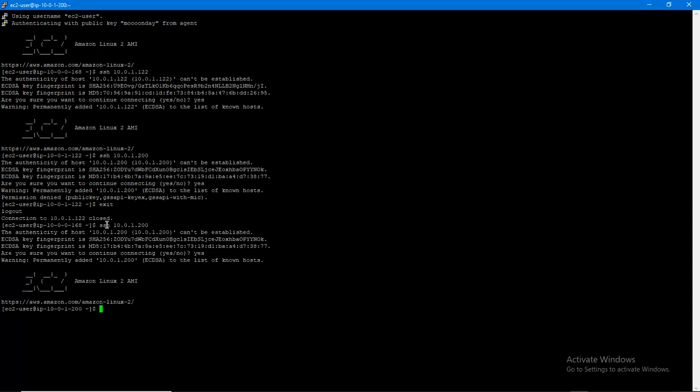See, we have entered the second instance, which is port 200. So from my Bastion host now, I can use it to update. For example, I want to update this. I'll just say sudo su